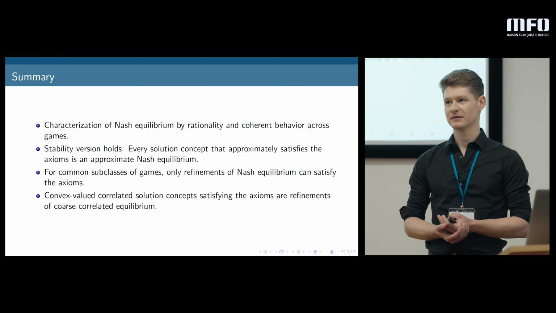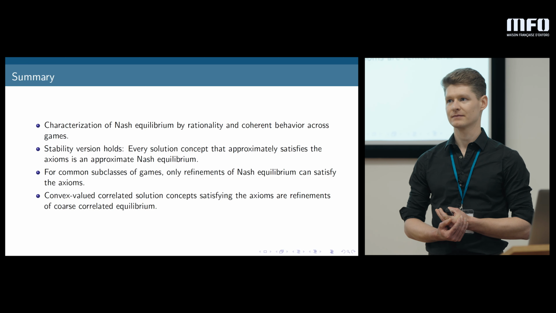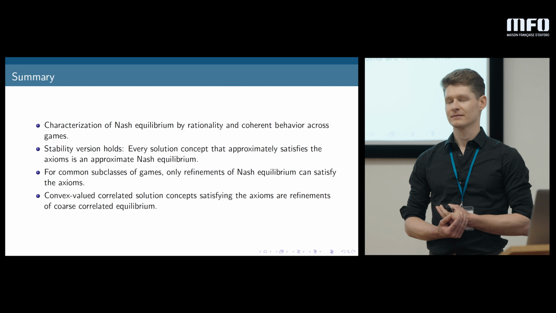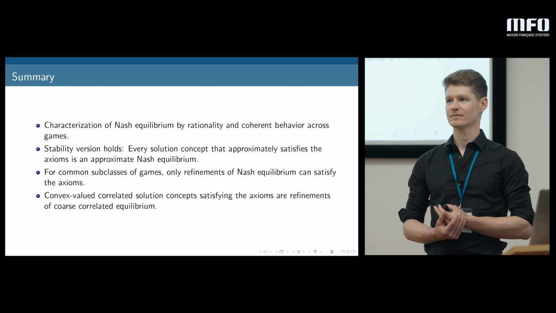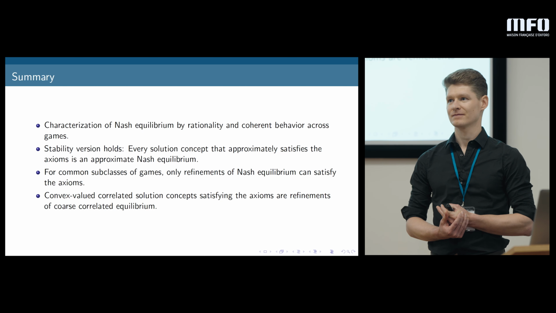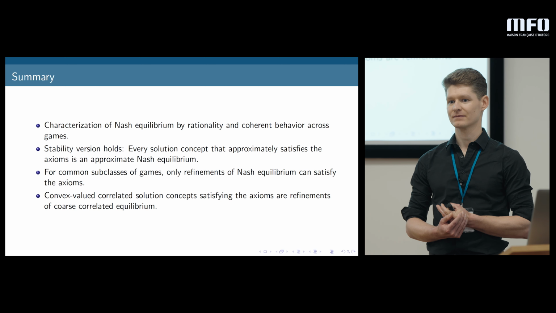Thank you. Actually, I want to ask a bit about the consistency axiom. Philosophically, what I don't understand is the following. Nash equilibrium as a concept is a very non-linear, non-convex concept. So why does it make sense to ask for this type of invariance under convex combinations? I'm trying to get a sense of the motivation, because I could equally well imagine that, instead of taking convex combinations, taking some other combination of games might equally well characterize Nash equilibria. So, is there any reason for focusing on this?